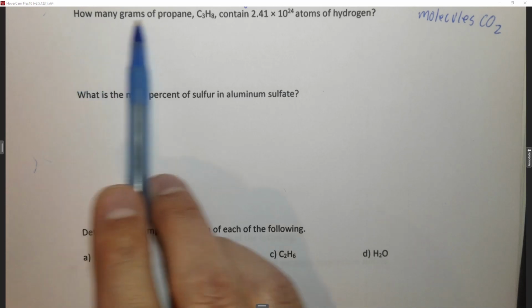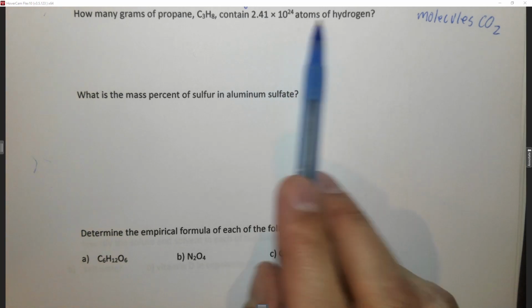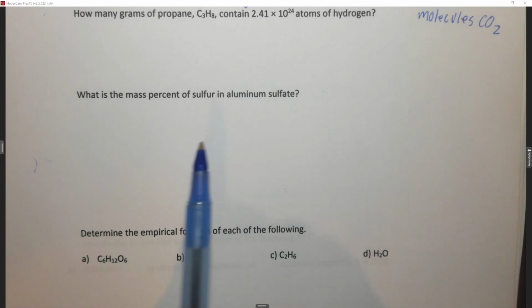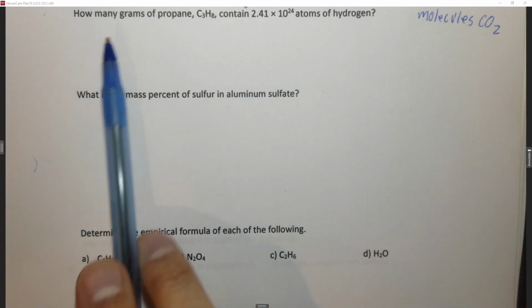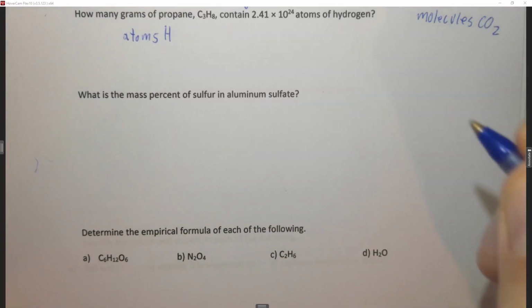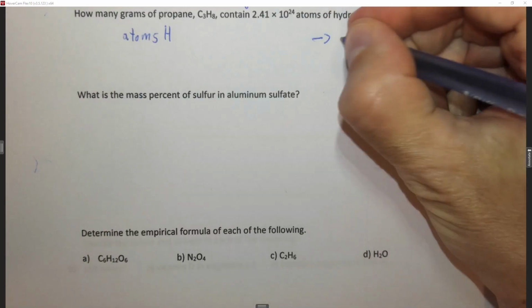This question says, how many grams of propane, C3H8, contain 2.41 times 10 to the 24 atoms of hydrogen? In order to answer this, it's important to know how to convert from atoms to moles, which was likely covered in a previous question. So in this case, as our plan of attack, we're starting with atoms of hydrogen. And all the way over here at the end of the day, what we want is grams of